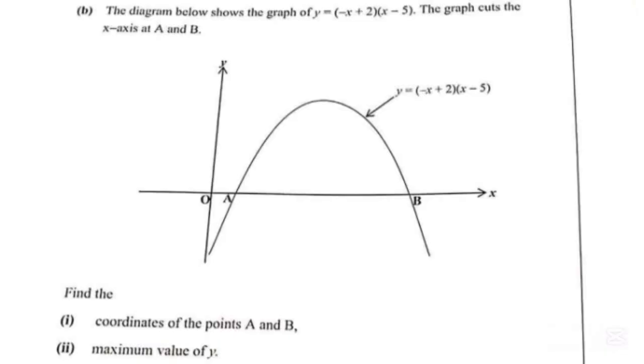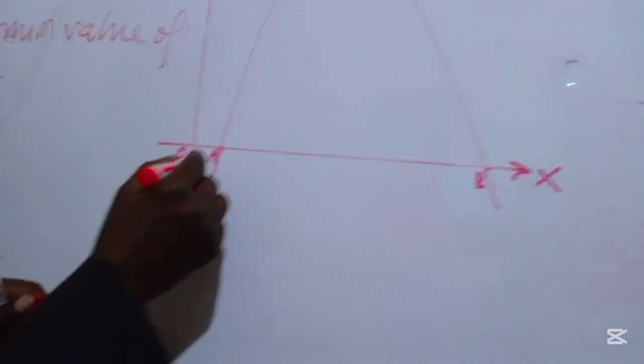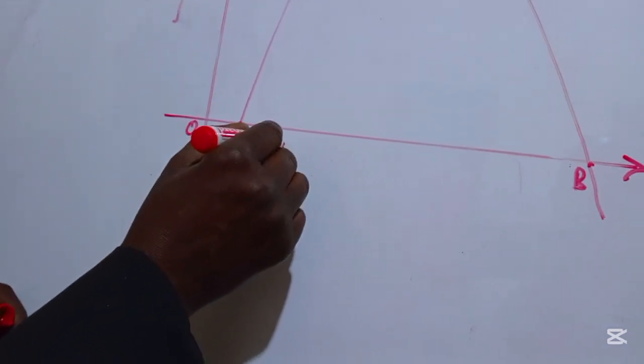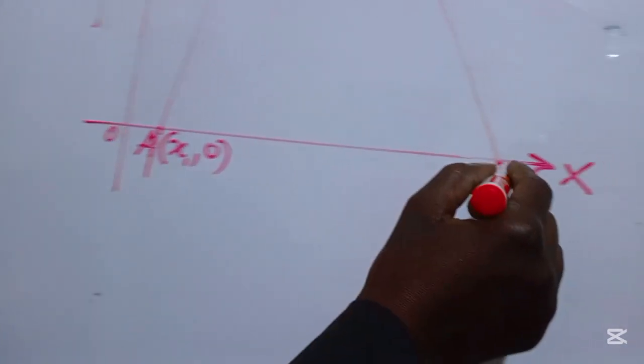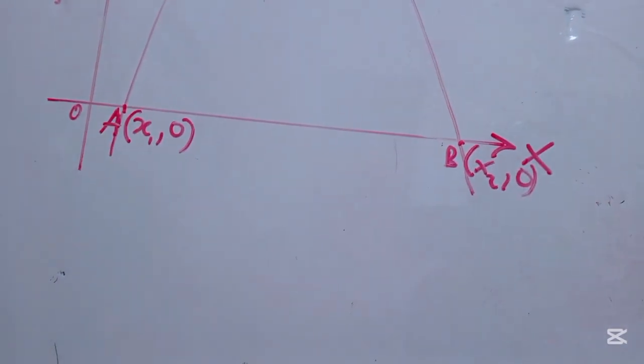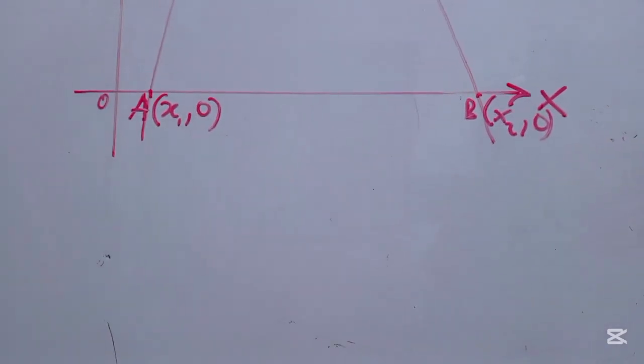Points A and B. Ladies and gentlemen, I know for sure that along this axis, the value of x I don't know, but the value of y is 0. So here it is (x2, 0). I don't know the value for x, but the value for y is 0. So whatever function you are given,